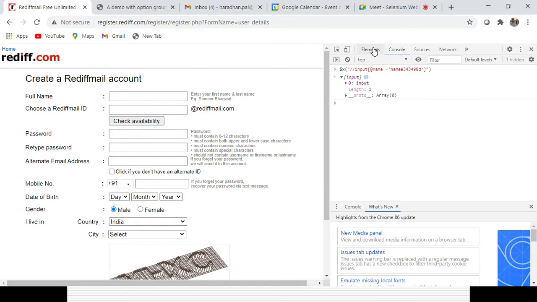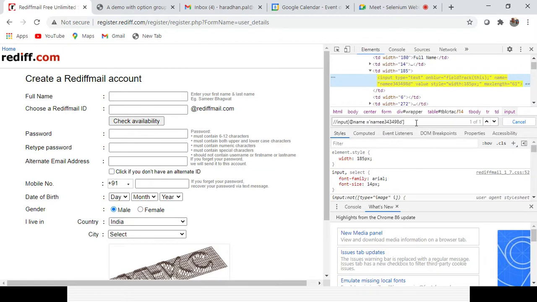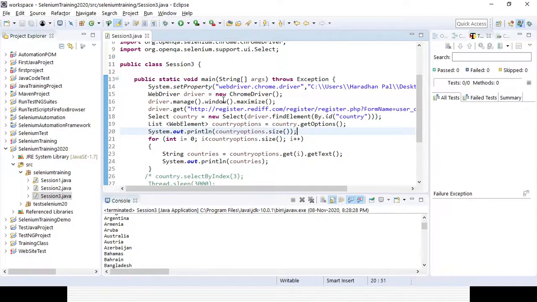Okay, so let's identify the XPath here. With the XPath I want to identify the full name field, obviously the text field where I want to enter some value. So let's comment out all the lines of code here.